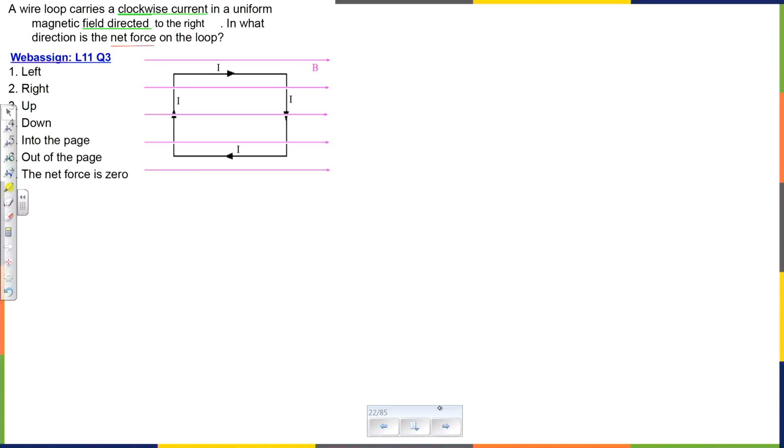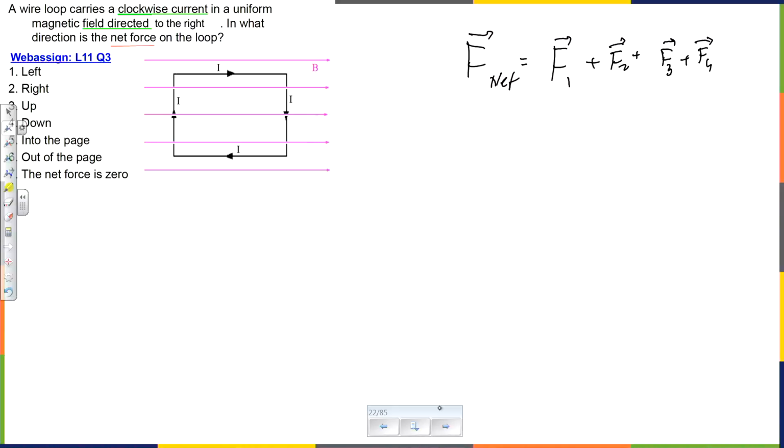First of all, what is a net force? The answer to this question doesn't require thinking. It requires taking the information from a memory cell. It's the sum of all forces acting on an object. How many forces are acting on this loop? Well, we can break it down into 4 individual wires. So you calculate individual forces and add them up.